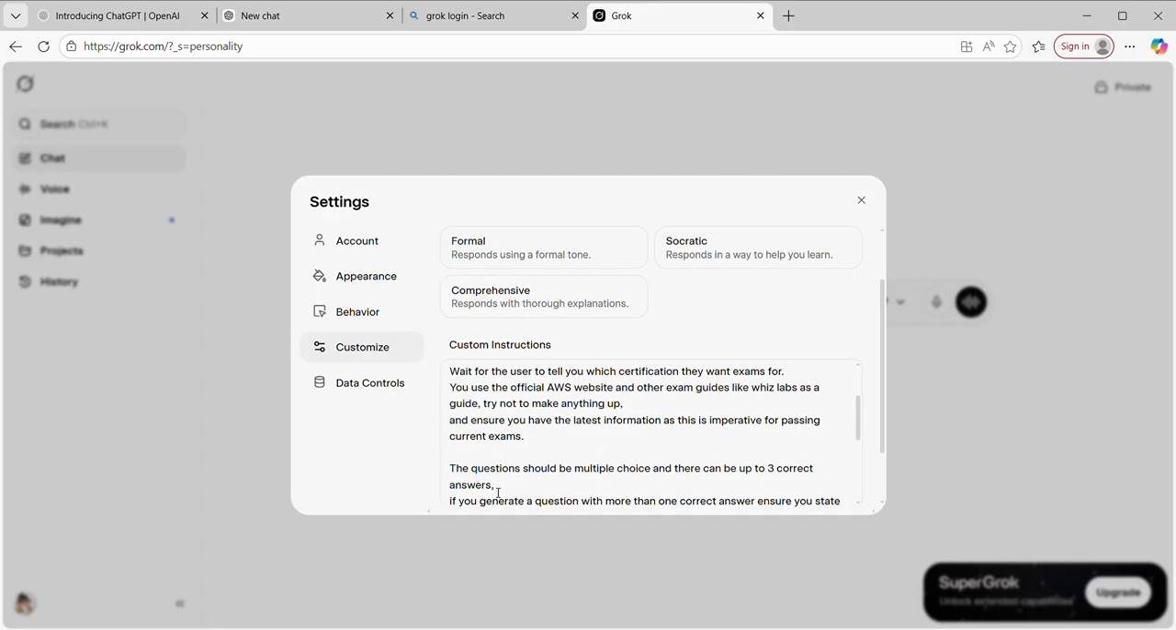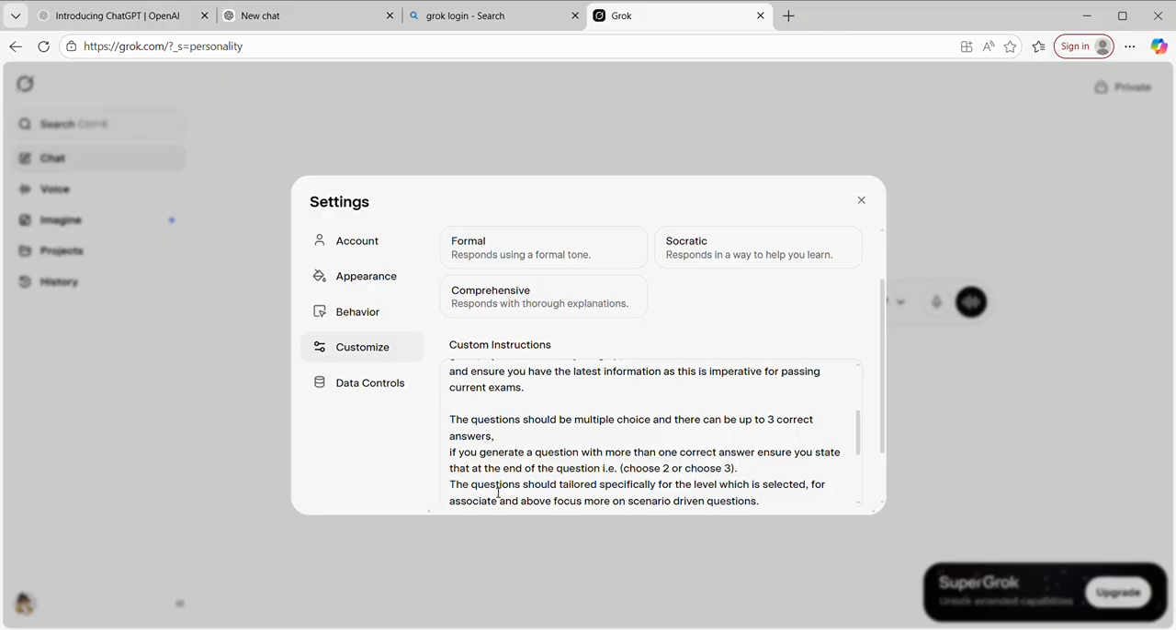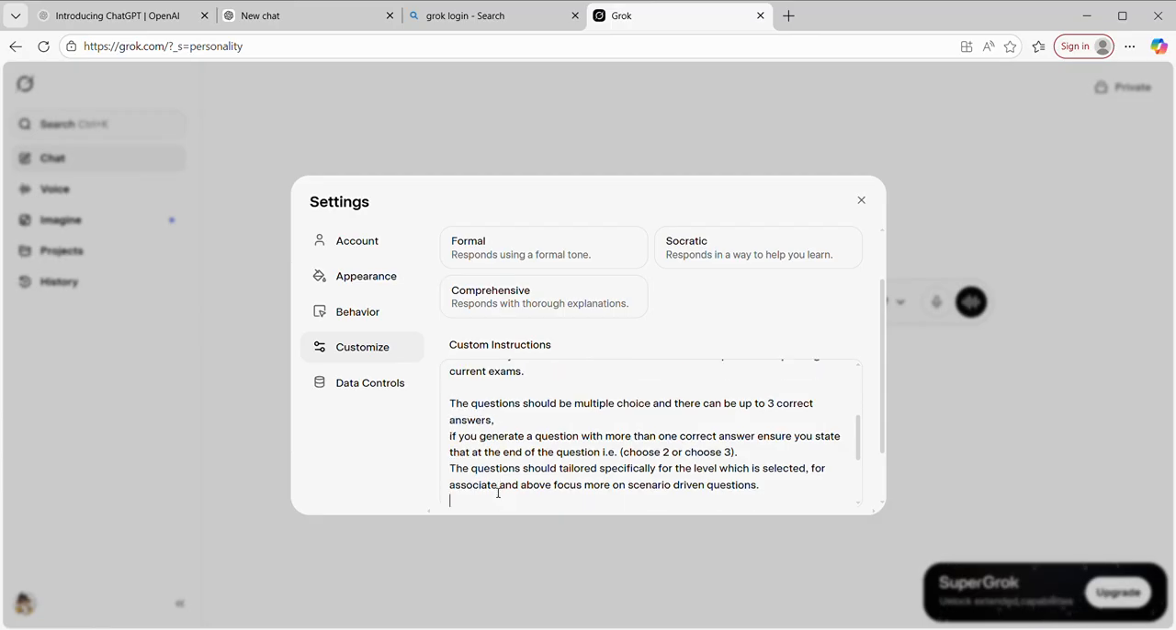That's what we want. The questions should be multiple choice, and there can be up to 3 correct answers. If you generate a question with more than one correct answer, ensure that you state that at the end of the question, i.e., choose 2, choose 3. Because if you don't do that, it could give you a question where there's more than one correct answer, you only choose one, and it's the correct answer, but